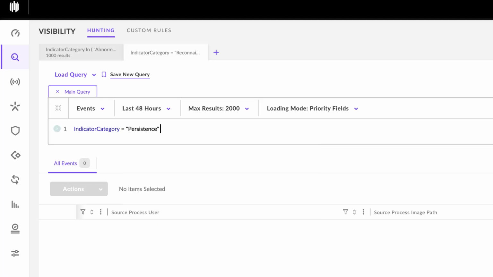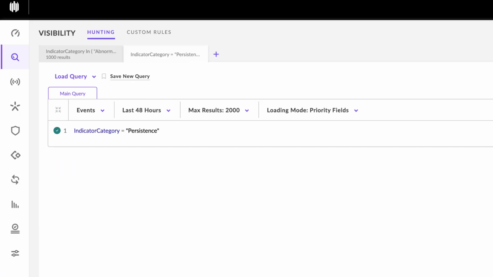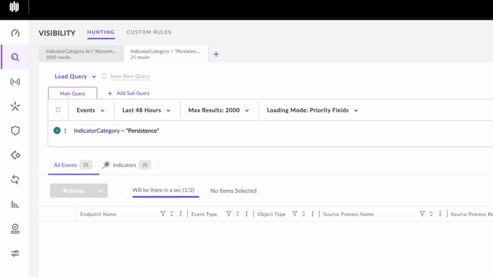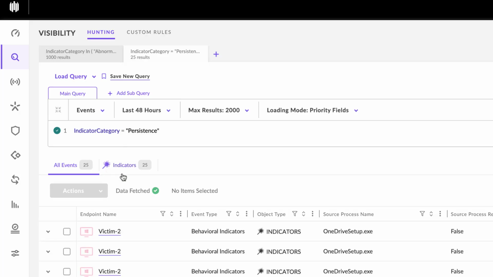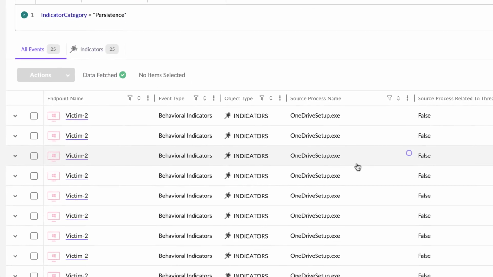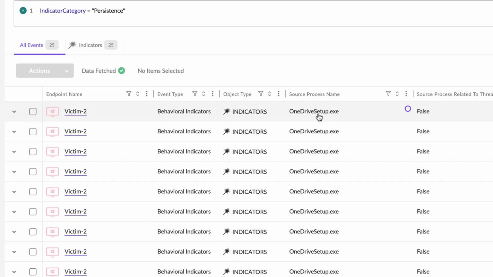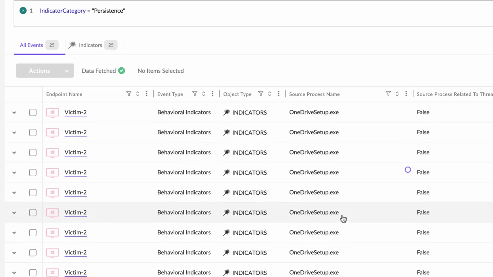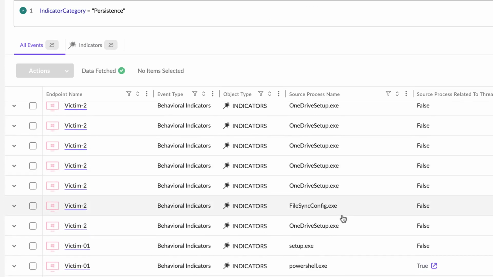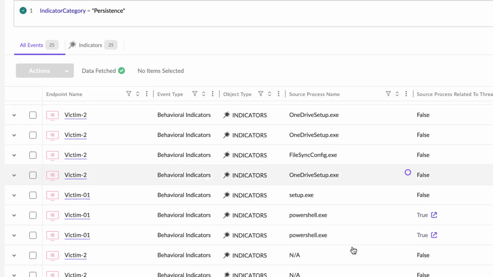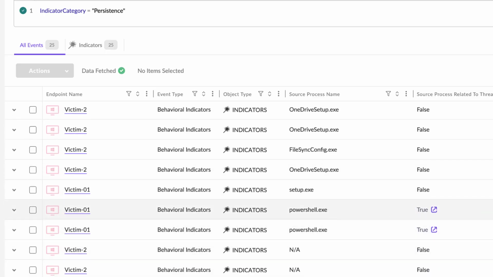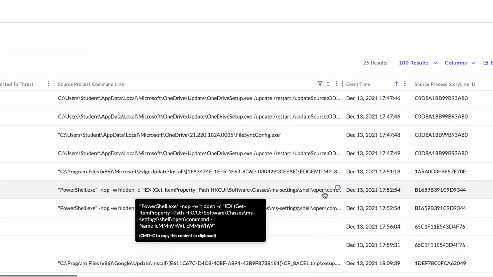One of my favorites is persistence. Not many things create persistence. You either know that you installed it or you were unaware that something like that created persistence. And as you can see on ours, only 25 things have created persistence. And most of these are the OneDrive setup that we've got going on down here. We got a couple of PowerShell ones that look a little bizarre. And if we look across the thing here,